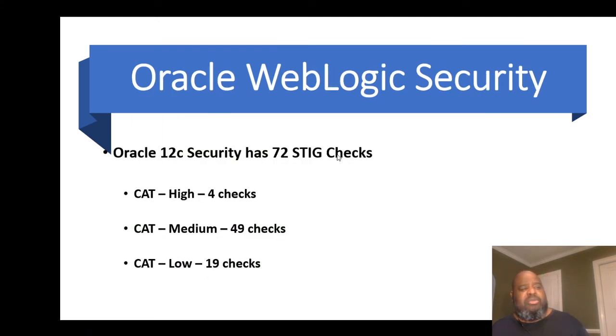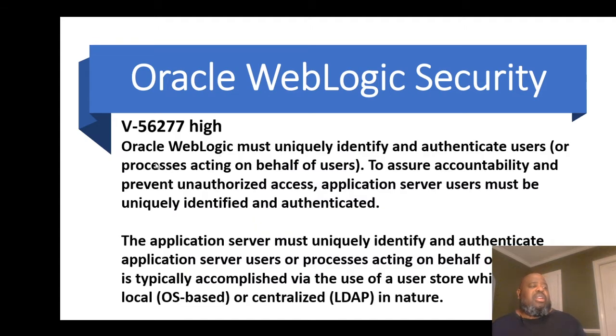So I looked, and there are 72 STIG checks: 4 highs, 49 mediums, and 19 low checks, right? Highs are highly vulnerable systems with a high impact and high risk. So we're just going to go over those 4. I have a lot of them in the description box. I usually cut and paste all the highs and a few mediums in the description box, so they'll be in there. So let's go over them. Vulnerability code